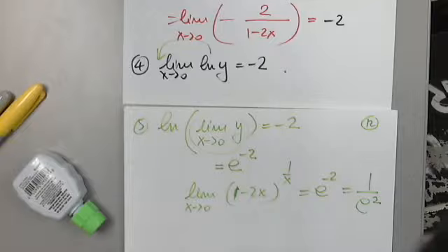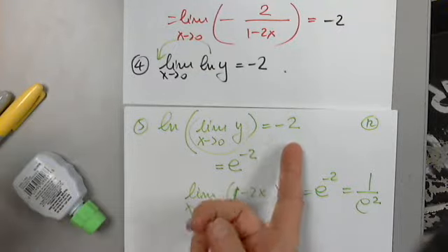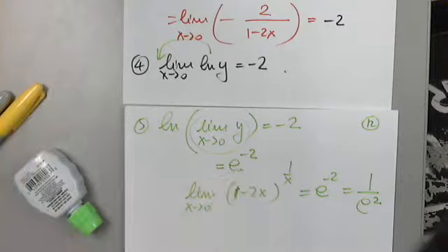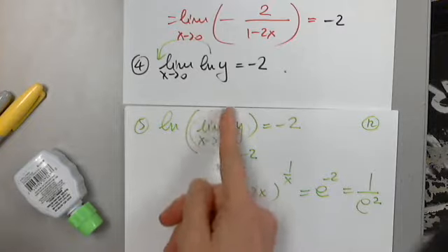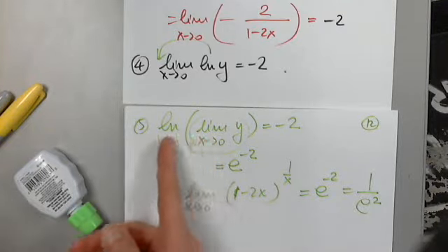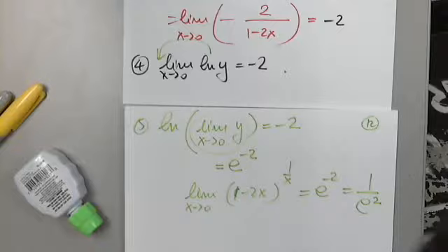And these are the most difficult situations because there are, as you see, 5, 6 steps. One more time, it's a function raised to a function. I denote it by y. I apply natural log to both sides. I apply the limit to both sides. I determine that limit of natural log, and then I copy the beginning and the end, and I swap the operators, and I identify that that limit must be e to -2. There is no other number. Only natural log of e to -2. I bring -2 in front. Natural log e is 1, and I get -2.